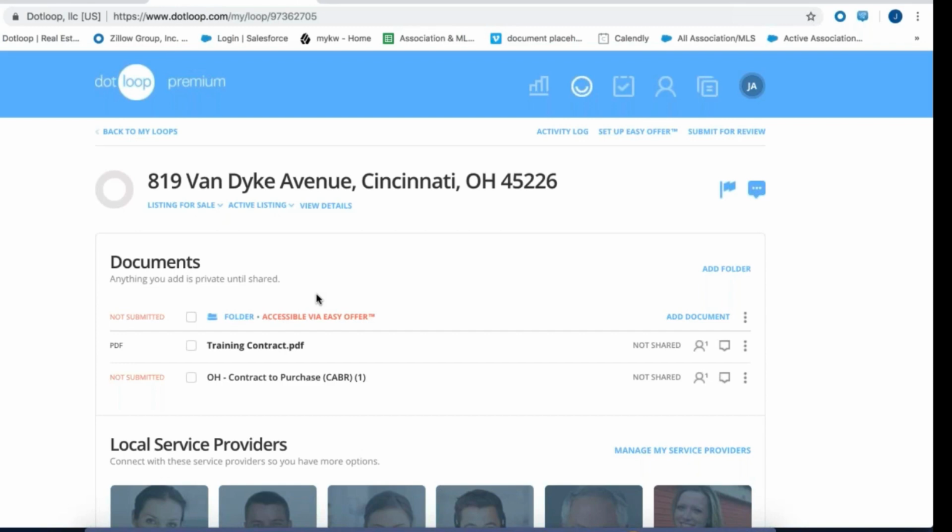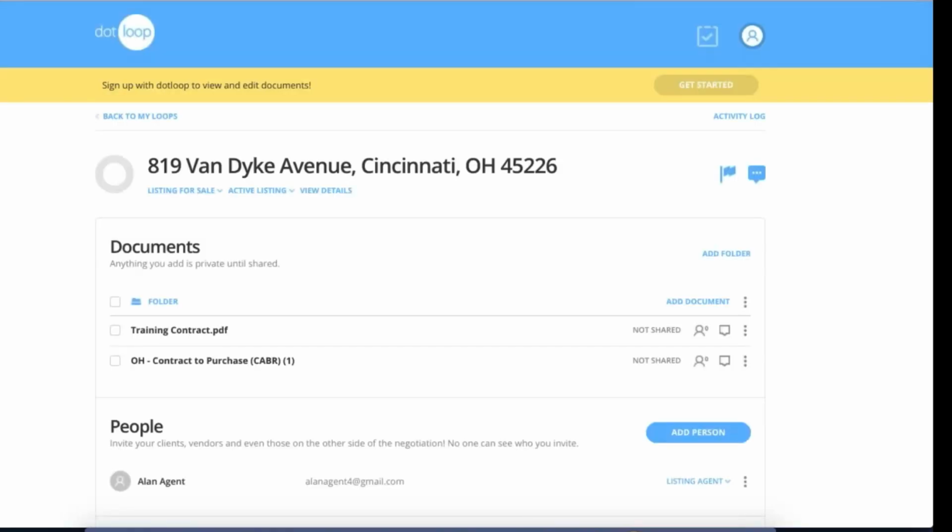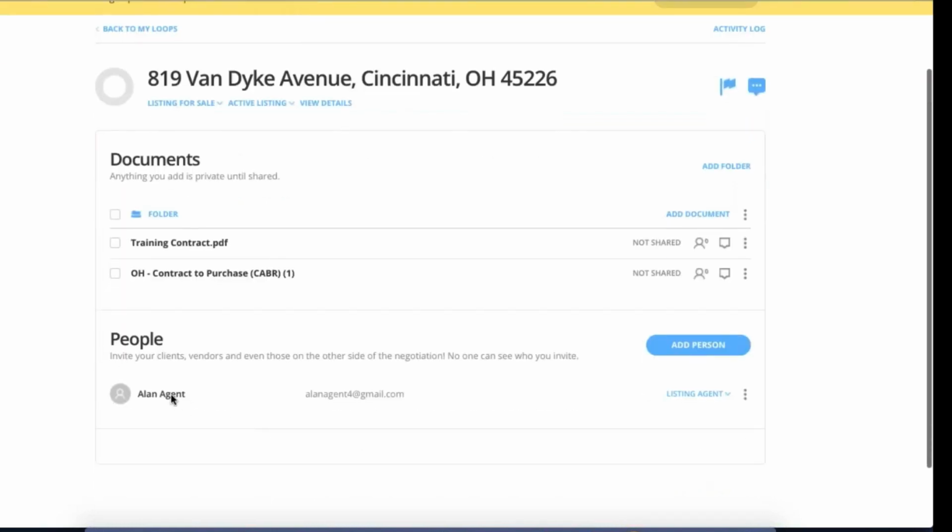So I'm going to open up another browser. We'll do Safari. And I'm going to paste in that link. So I am an interested party in a listing. The listing agent sent me this link. Click on it. This is what I'm going to see. This is what that buying agent is going to see when they click on your hyperlink for your easy offer. So now what I can see is the property address, the folder with the documents, you, the listing agent,